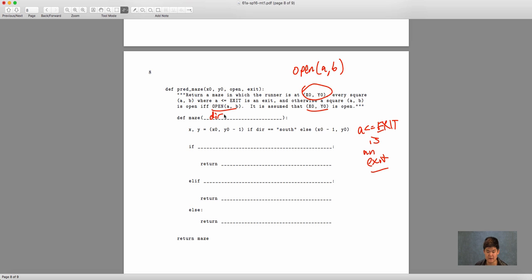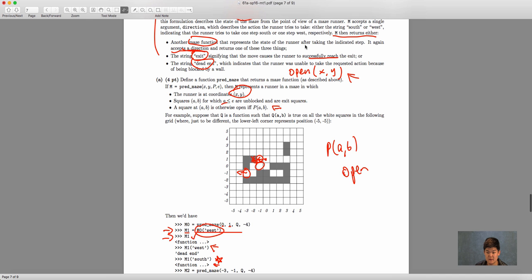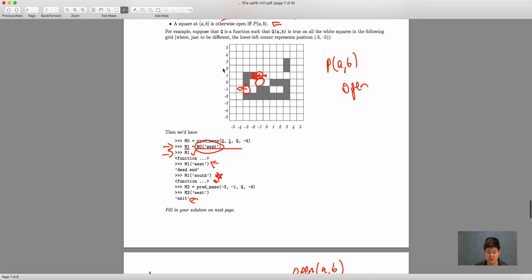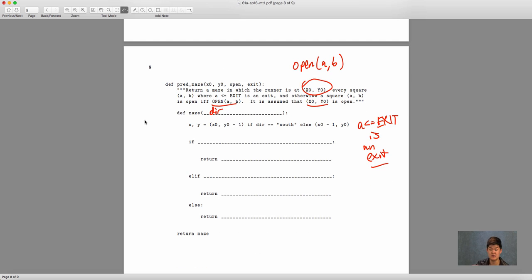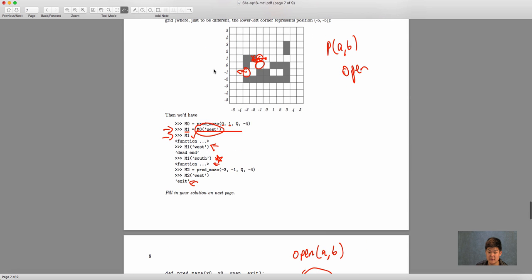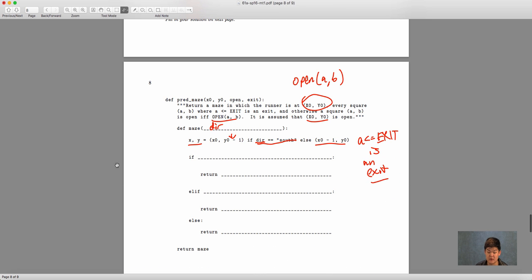Okay, maze, I believe it said earlier that our function should take in a direction. So our function is going to take in a direction. And notice how dir equals south. So this would error if we didn't call our variable dir. What this is doing is a simultaneous assignment, which is going to evaluate: if we're going south, we want to decrement our y value. Else, we want to decrement our x value. Does that make sense? On the graph, if we're going south, we want to decrement our y value. If we're going west, we want to decrement our x value. And you can't go southwest, so we can only do one. So we pass in south, we will decrement